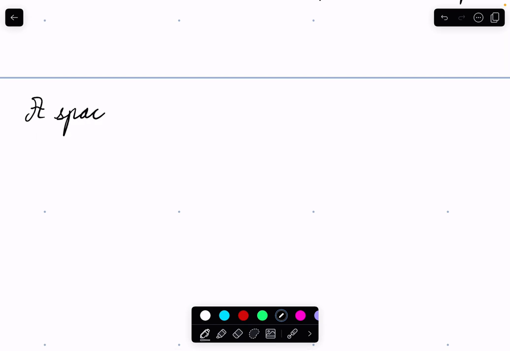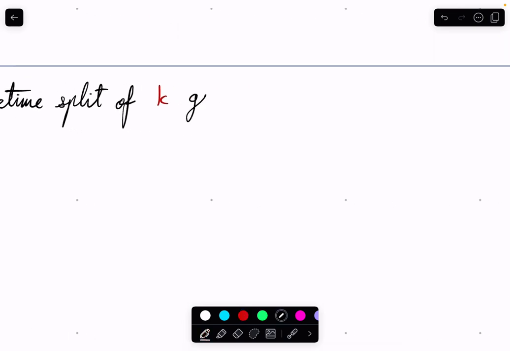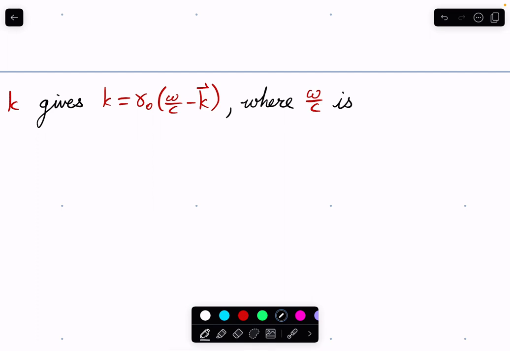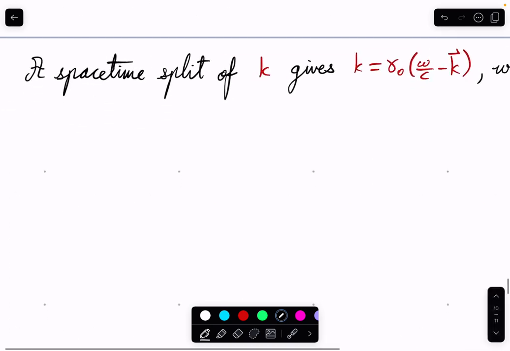So a space-time split of k gives k is equal to gamma naught, omega over c minus k vector, where omega over c is the frame dependent frequency,